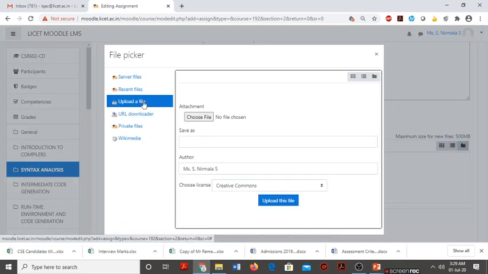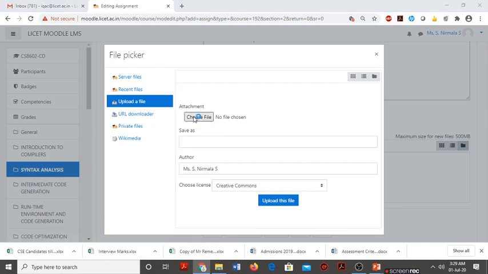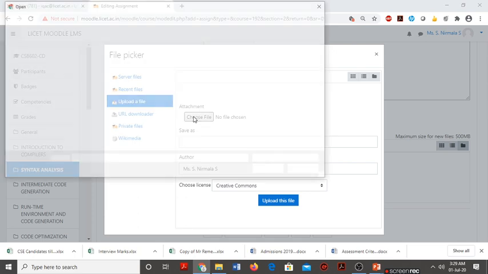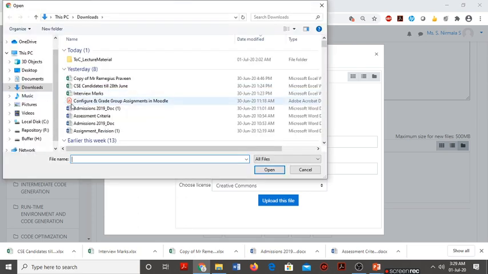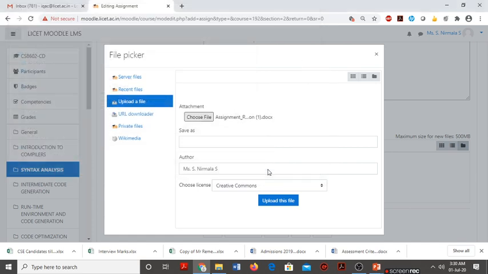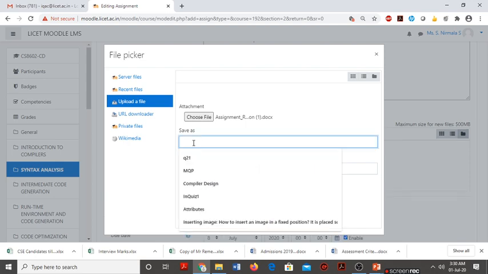In the file picker, select upload a file and attachment can be chosen from the system. So let me choose some document for example. Then we can keep a name for this.